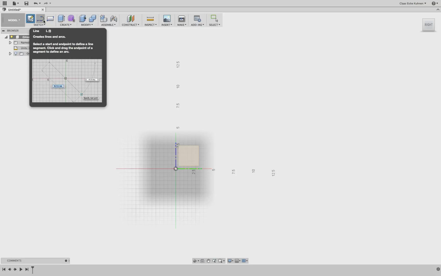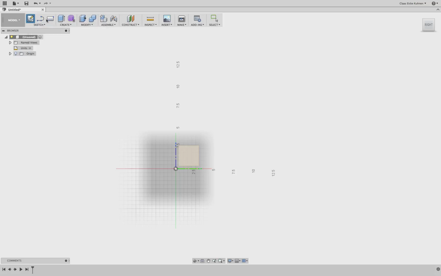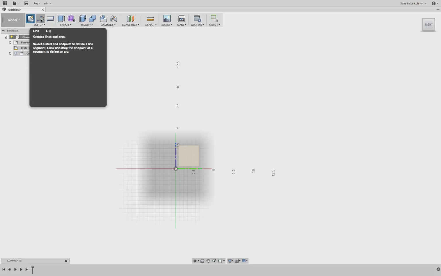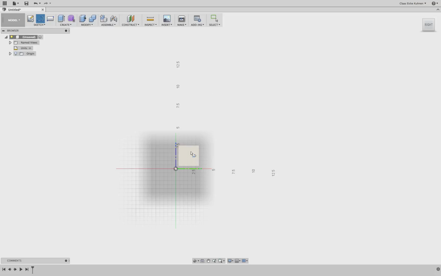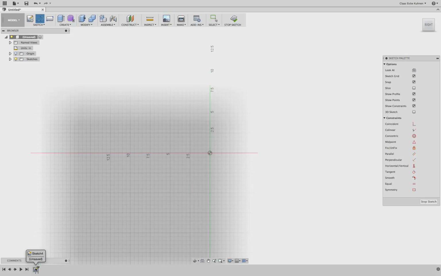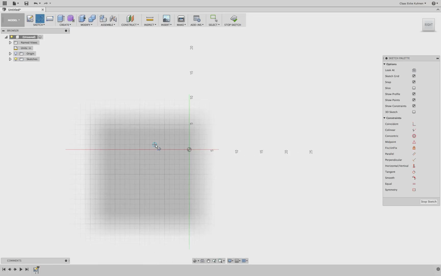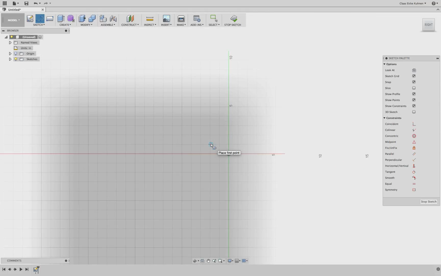Actually, because we haven't created anything else yet and we can't click by accident on the face of a cube, we can also simply click on the line tool. You see with the line tool it asks you to select a construction plane anyway, and then before we can start sketching it will create the sketch for us automatically. Okay, now I can zoom in a little bit or zoom out,